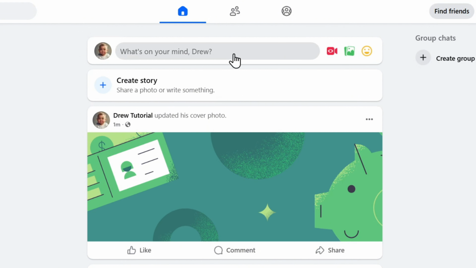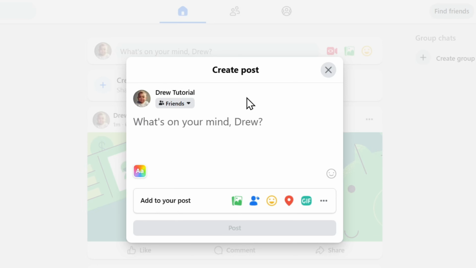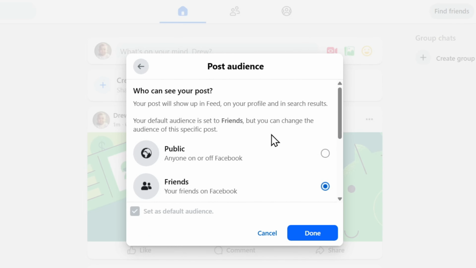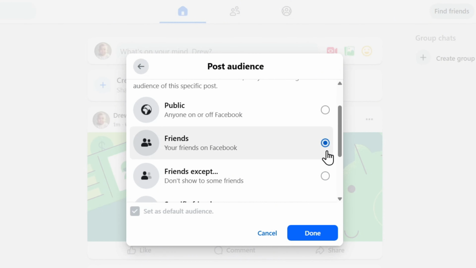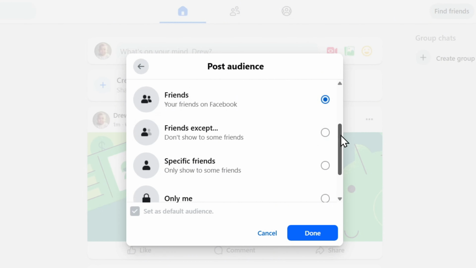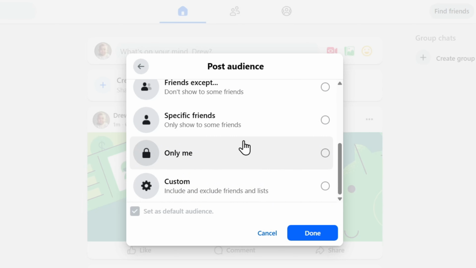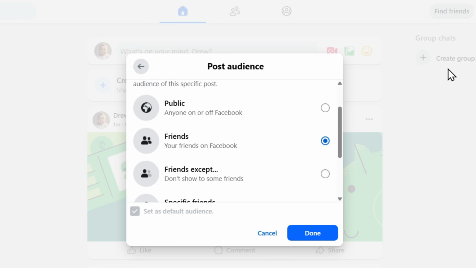Now, go ahead and click in that section, and it's going to open up a little window. And from here, you may get a first initial pop-up that asks you to go through a few steps, including the option to choose who you want to make the post to. It's going to look something like this for you to choose your audience. So basically, it will give you a few options whether you want to make it public, only to your friends, except a certain friend, specific friends, only me, and you can do some custom. Now, for the purpose of this tutorial, I'm going to just simply choose to leave it with friends and click